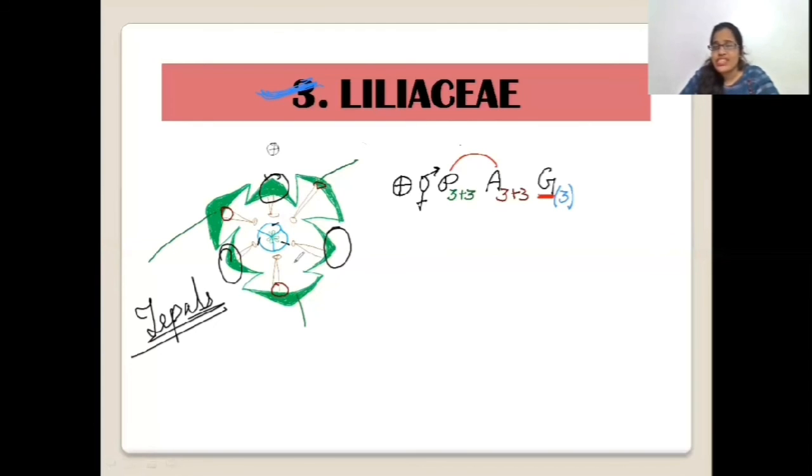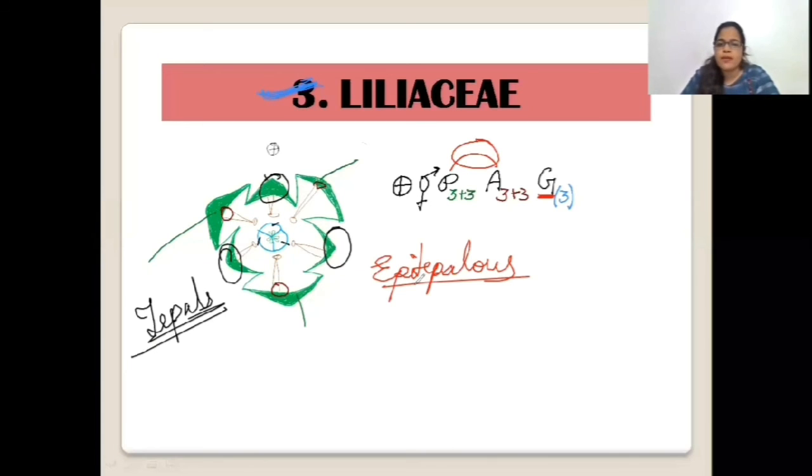Now coming to NCERT, meaning some of the books. You can have one old version or new version. So you may find the difference, that this arc is absent in some of the NCERTs. So you won't have to get confused. Remember the epitepalous condition. Epitepalous condition is found in the Liliaceae family, no doubt, guys, okay, because the floral formula which is given in NCERT shows the epitepalous condition, whereas it is not given in some of the NCERTs, so you won't have to get confused between the two.